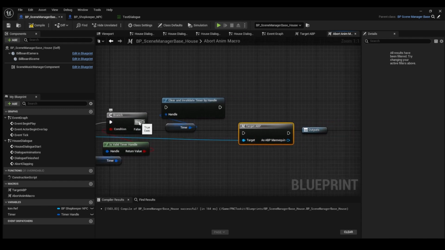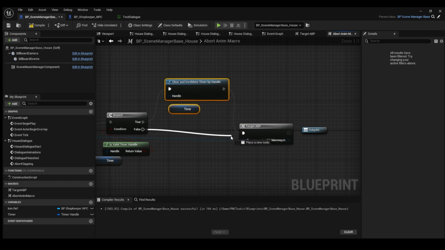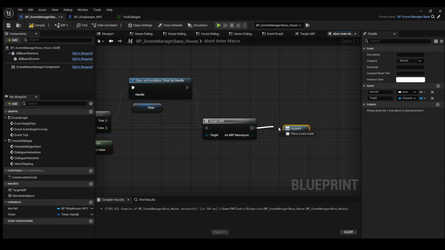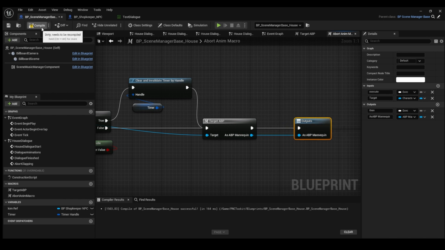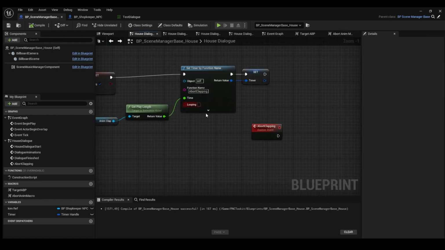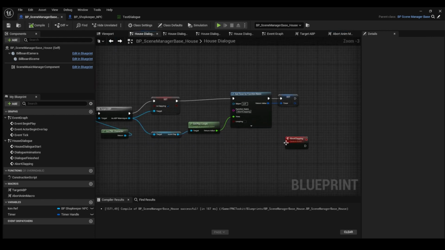and this true will be connected to the clear and invalidate by handle, and the false will go past here and connected to the target ABP, and connect this to the output and the ABP mannequin also in here. Compile and get back to the scene here, and